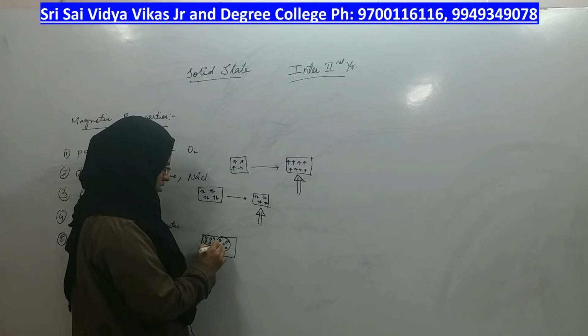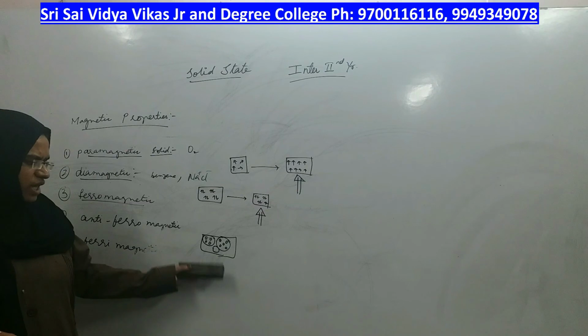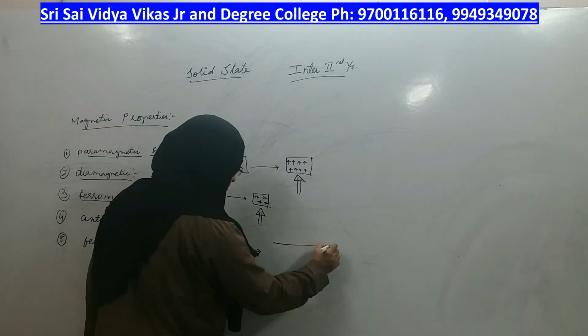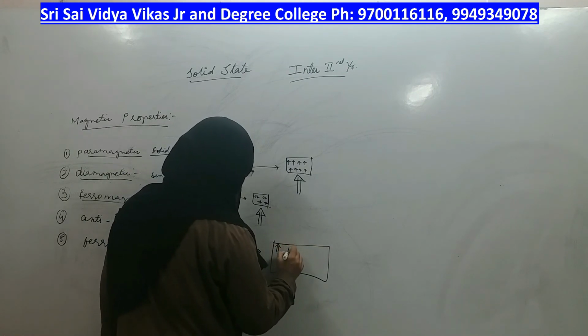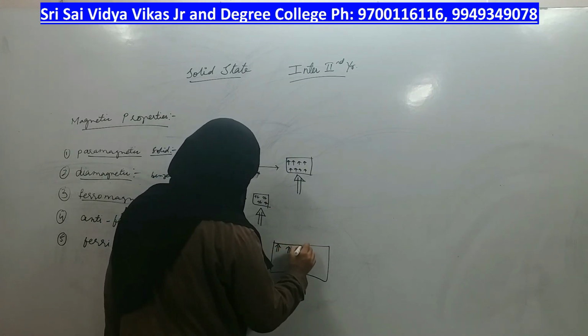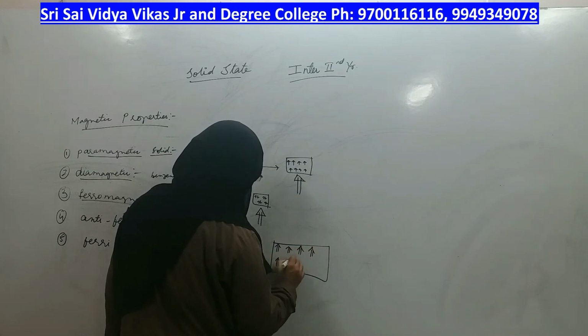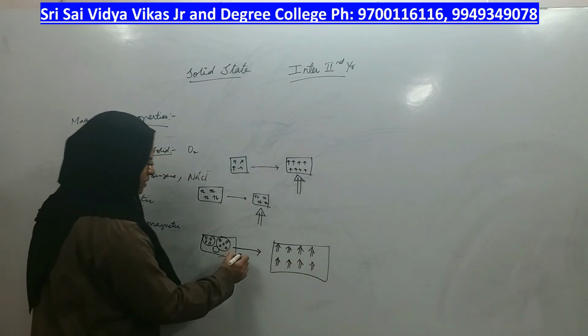Small domains are already created in the compound. To that compound, if you give a magnetic field, the domains start getting aligned along with the magnetic field and their net magnetic field will be increased, right? If they are magnetized,